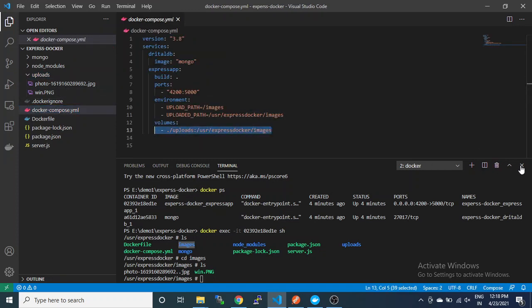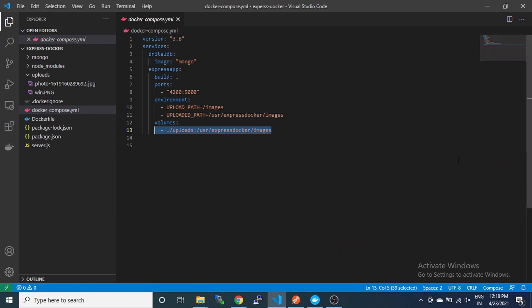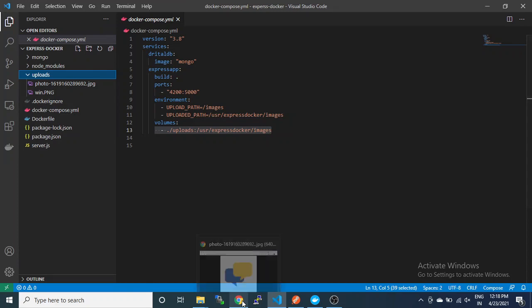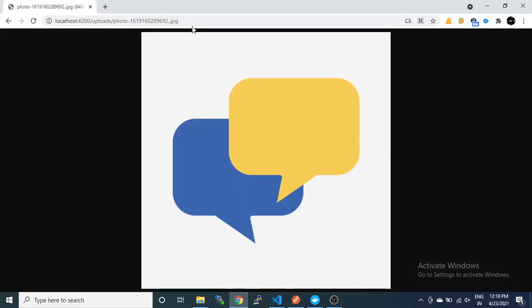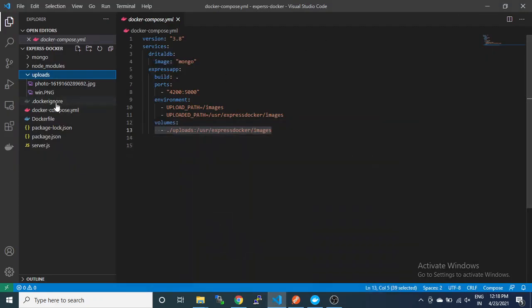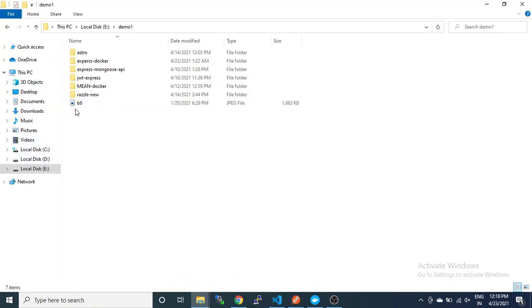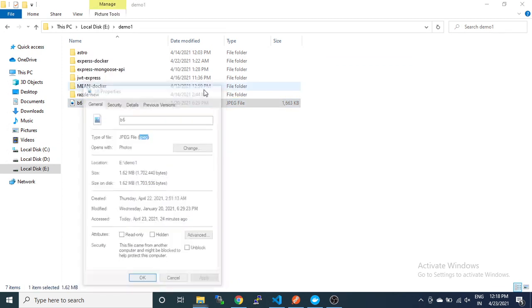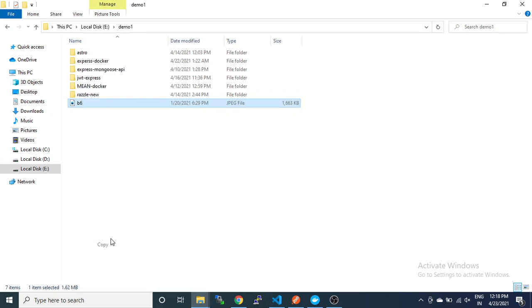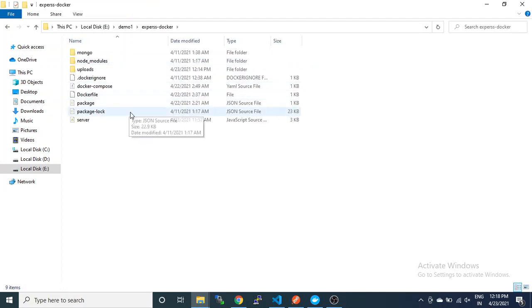Okay, now what we have to do, we will put an image file here, means outside the container, and we will want to retrieve it from the API. Okay, so we are putting it outside the container. So for that, let's suppose we have an image with the extension jpg. Okay, so we will copy it and put it in our application. Our application name is this one.